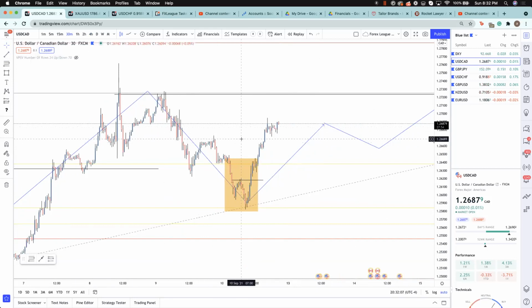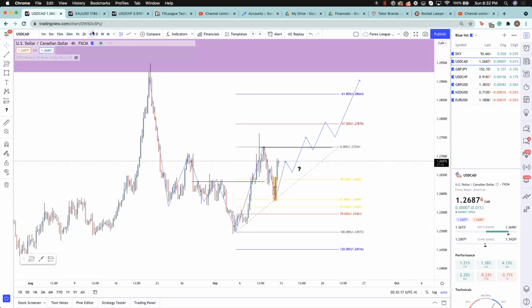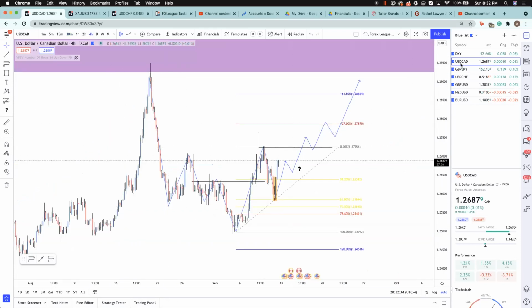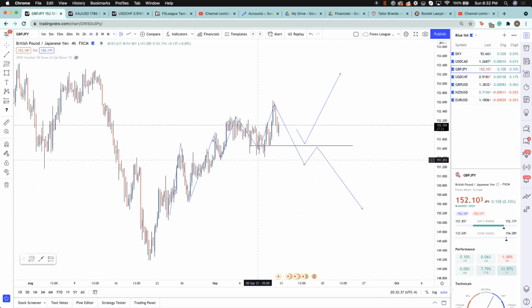So when we're looking for our best entry when actually using the lower time frame like this, we are waiting for that first pullback. That's what we're waiting on right now. But UCAD is looking as though it could be ready to push to the upside. If this never finds support, if it just starts to retrace, never actually finds support, and then just moves down to the downside, then obviously this will be invalidated. So we'll see how this one plays out.